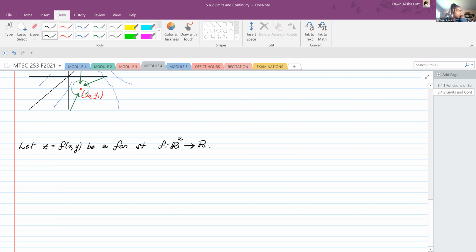Then we can say this function f of x, y approaches the limit L as (x, y) goes to (x naught, y naught), means